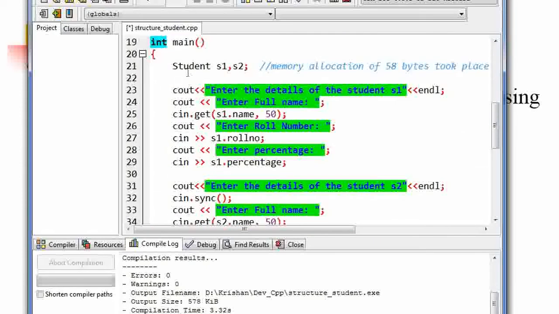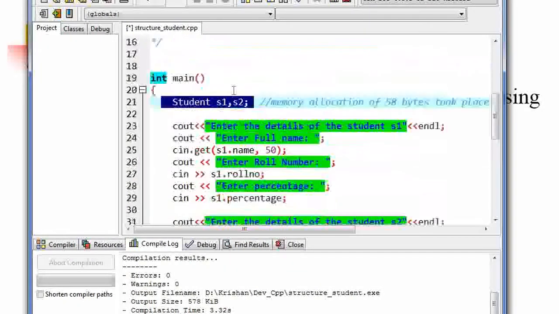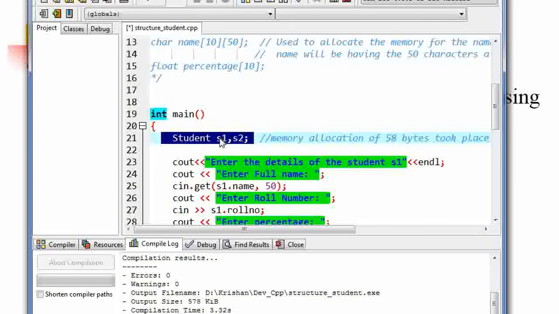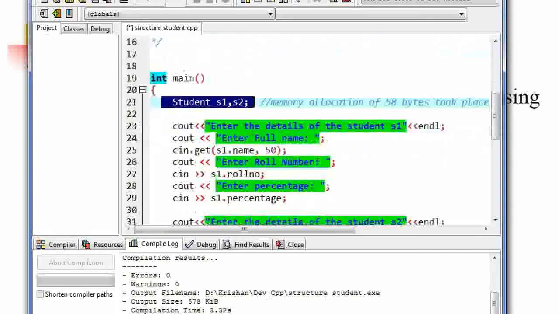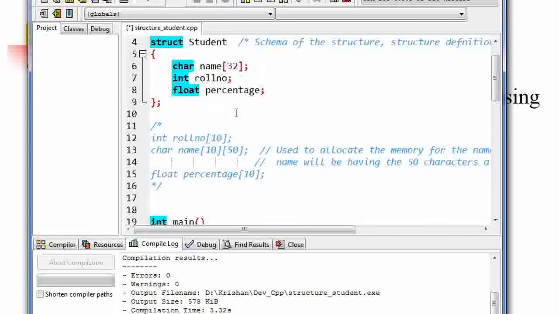Here we will be seeing int main, student s1, s2. When we write this line, what we are doing is defining the structure variables of student. We have told the compiler that s1 will be the first structure variable of this data type, and s2 will be the second structure variable of this data type.